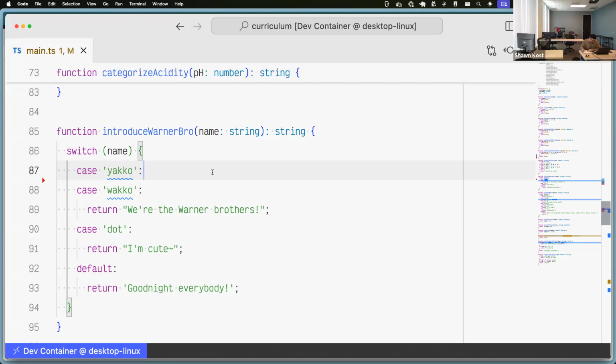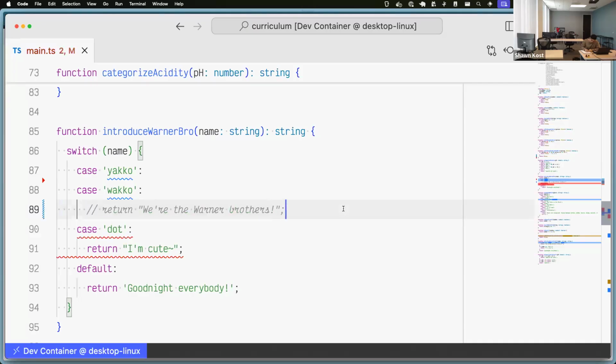So switch statements have something called a follow through, meaning as soon as it finds a case clause that it matches, it is going to keep executing code until it finds some sort of a return statement. So even though I had nothing next to this case clause, it went down here to line 89, and that's why it executed this. If I were to remove this line of code,